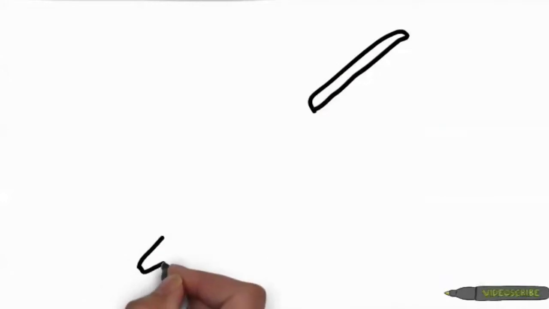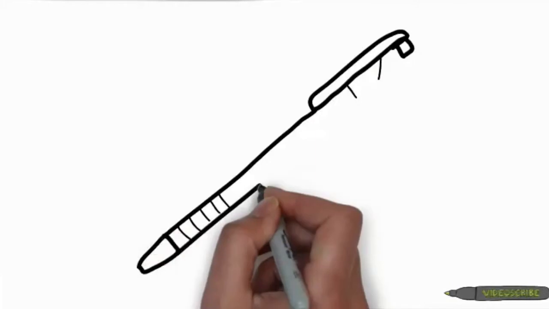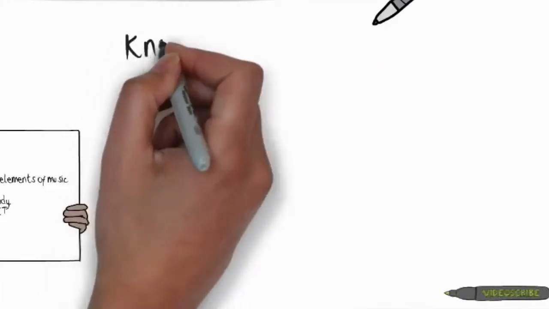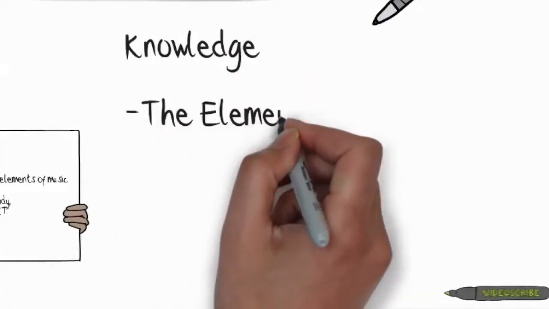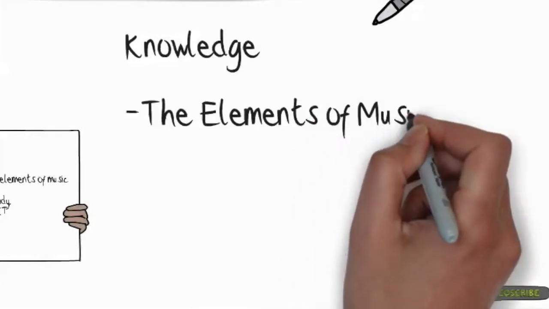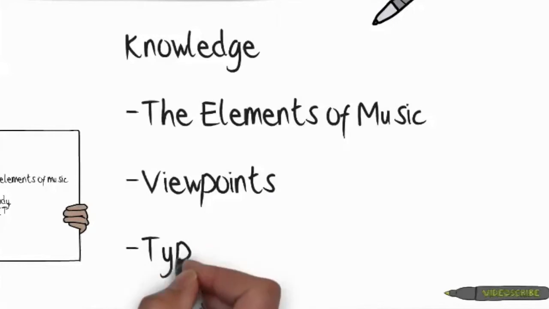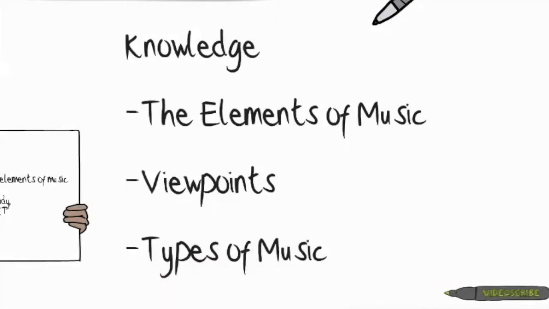The next section of the music curriculum is knowledge and skills of music, which is broken into 3 sections: knowledge, skills, techniques and processes, and materials. In music, students' exploration and understanding of the elements of music, musical convention, styles and forms expand with their continued active engagement with music. Knowledge is broken into 3 sections. The elements of music. This section is where students learn through developing skills and knowledge associated with elements of music.